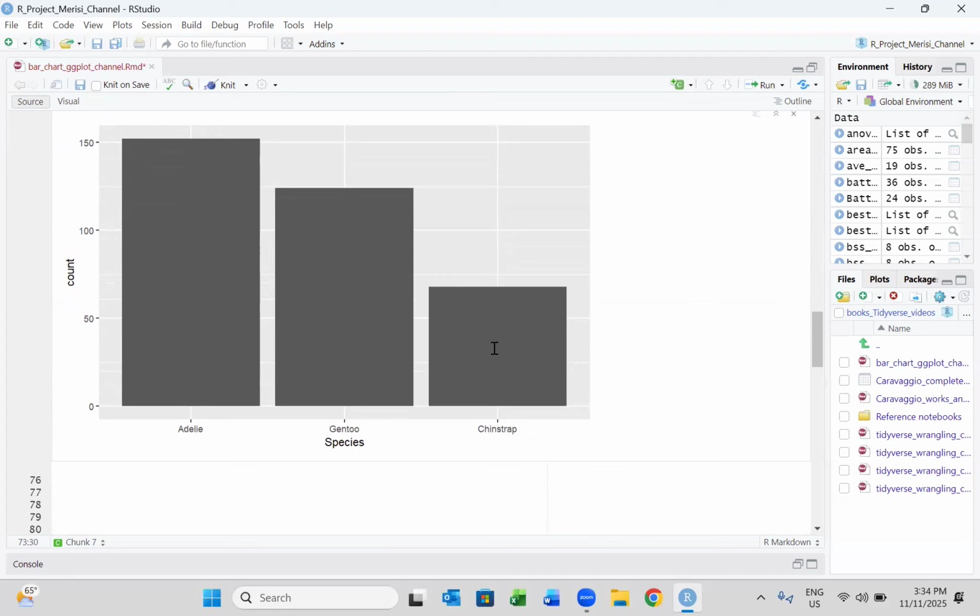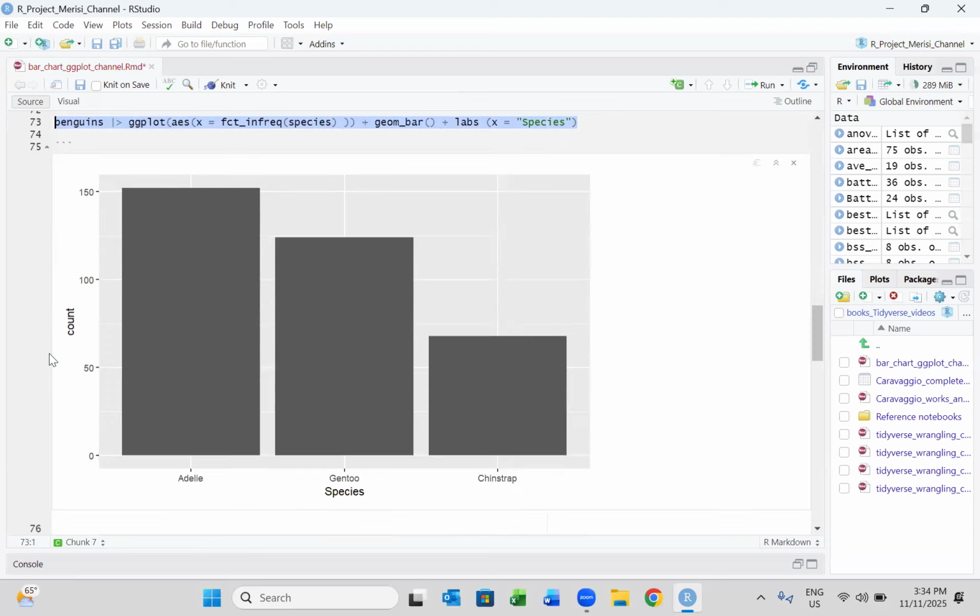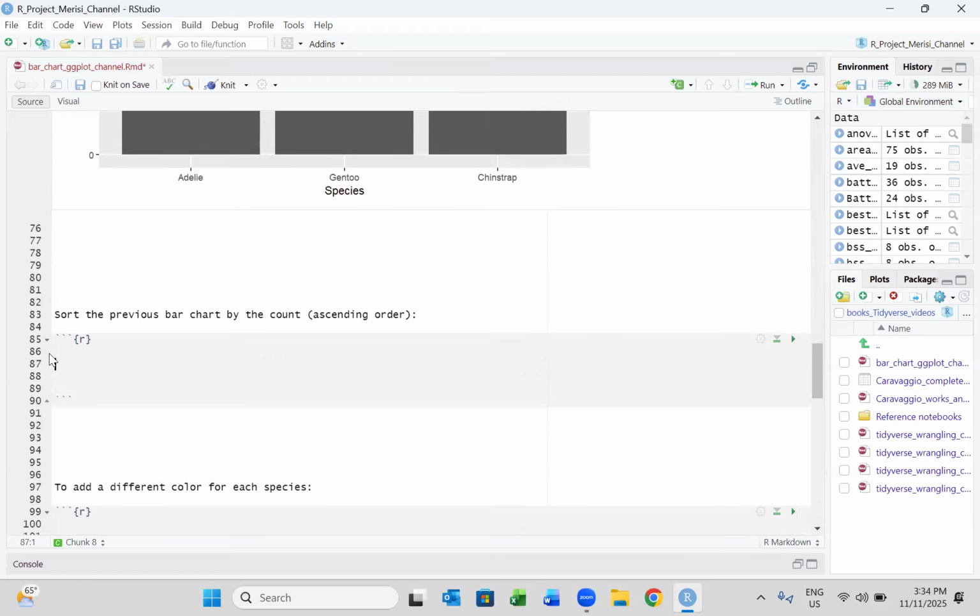Obviously, another possible question is, what if we want to sort this in ascending order, so from lowest to highest? That's straightforward. And again, this is only one way, okay? There are other ways, but one quick way of doing that is by reversing this order. Remember, I said that this function by default sorts things in descending order. We can reverse that by using the factor reverse function, okay? So if we wrap that inside the factor reverse function, that will reverse the